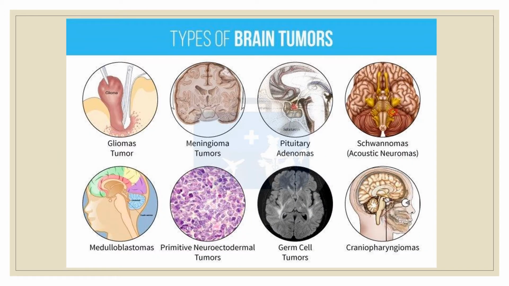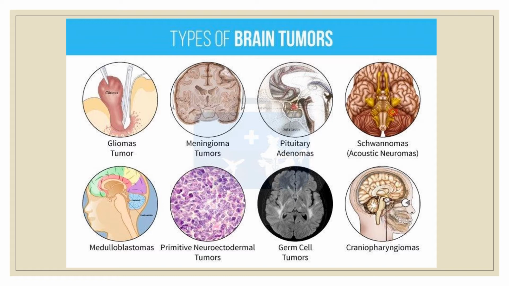We're going to talk a little bit about different types of brain tumors, and only the ones that I mentioned I would like you to know. We're not going to get too deep into them, just whether they're benign, metastasized, or malignant. The first one we're going to talk about is gliomas. It's a primitive stem cell from the glioblast. It's highly malignant and very invasive, and it's one of the most devastating primary brain tumors. It originates within the brain. There's a high mortality rate with this type of brain tumor.